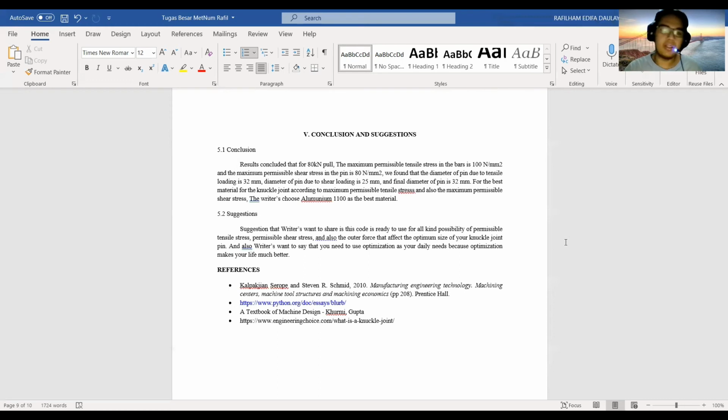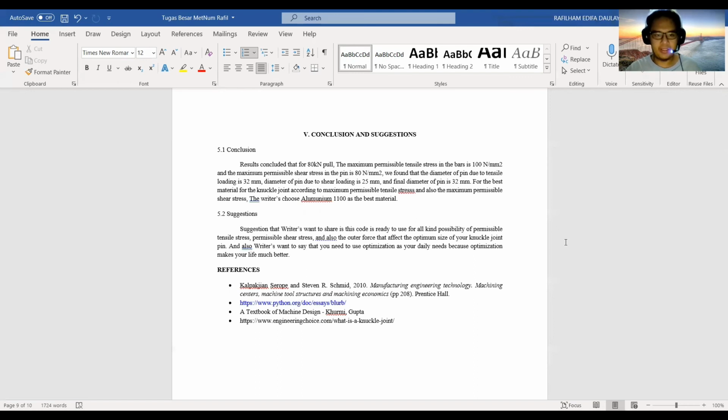Why? Because aluminum 1100 has a maximum permissible shear stress, and the tensile stress has a range of 10 to 100 MPa. So it will be very safe to use aluminum 1100 for the maximum permissible shear stress and tensile stress that we input.